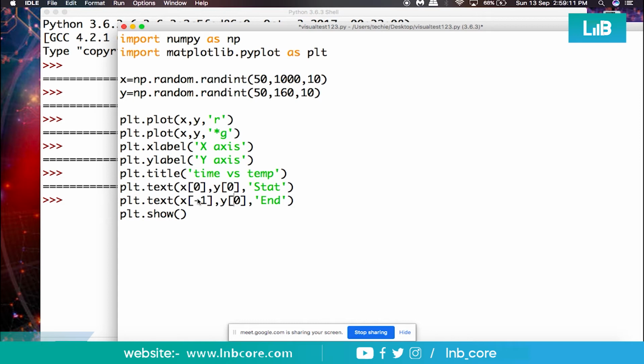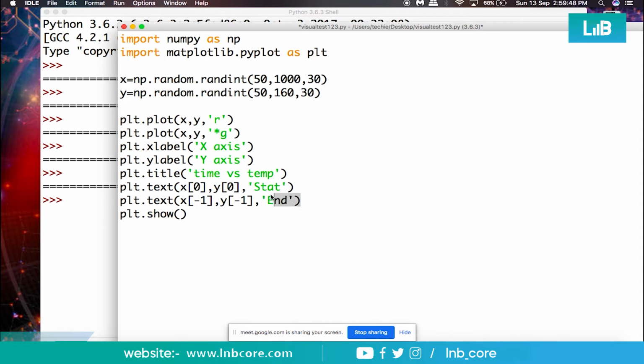We don't know whether the length of this data would be only 10. Instead of 10, it could be 30. But yes, it should have equal dimension, sorry, equal amount of data. Both the axes must have equal amount of data so that you can form the coordinates. If coordinates are not found, then the data which you have available in one of the arrays can't be utilized.